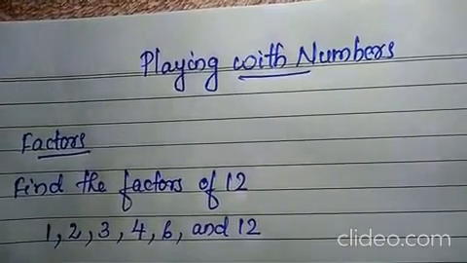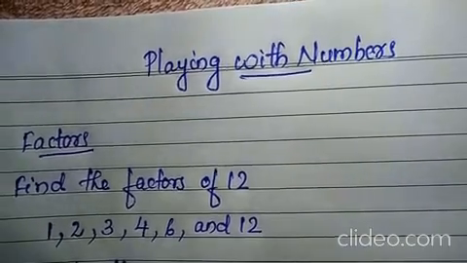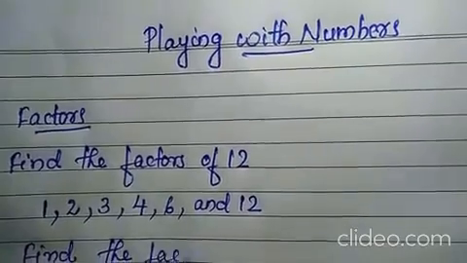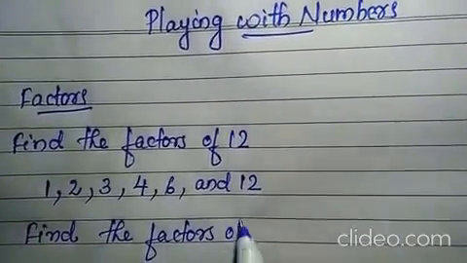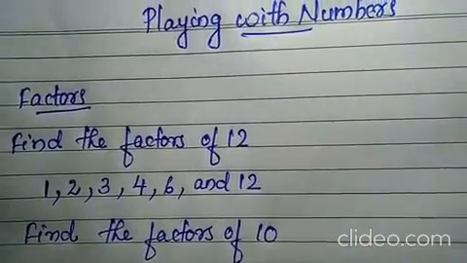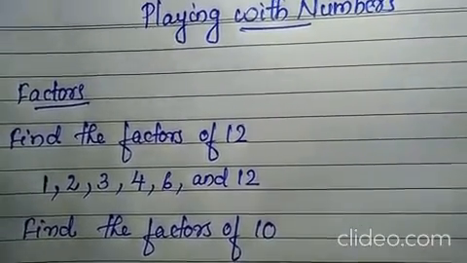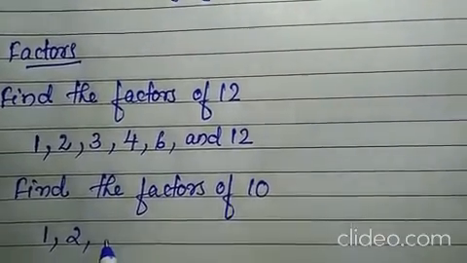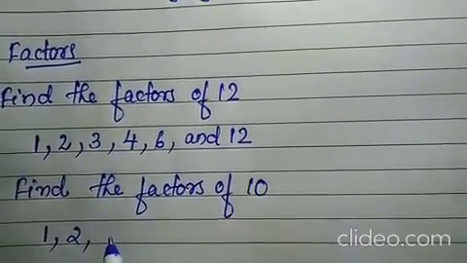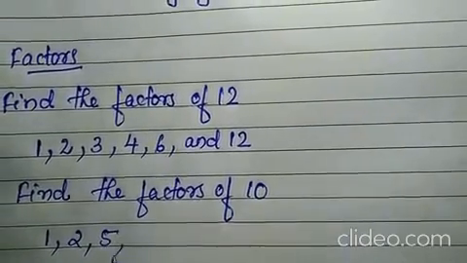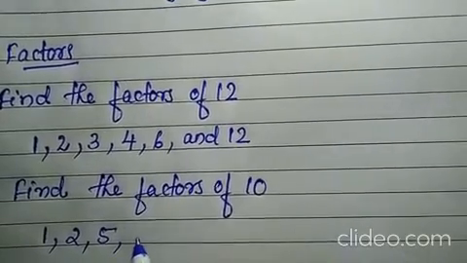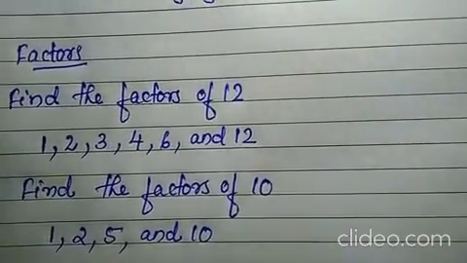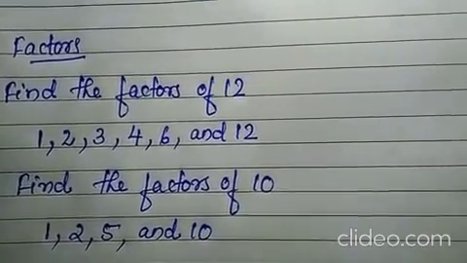Next one more example I will write for you. Find the factors of 10. How do we find the factors of 10? 1 is the factor of all numbers. 1. 2 5s are 10. In 3 table it is not there. 4 table is also not there. Again 5. 6 table is not there. Then finally it will come the number itself, that is 10. Understood? In this way we are finding factors.